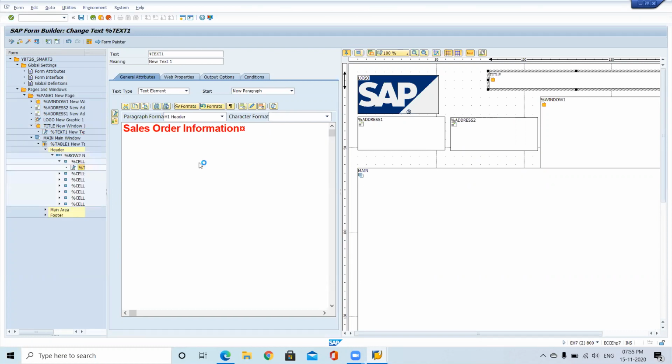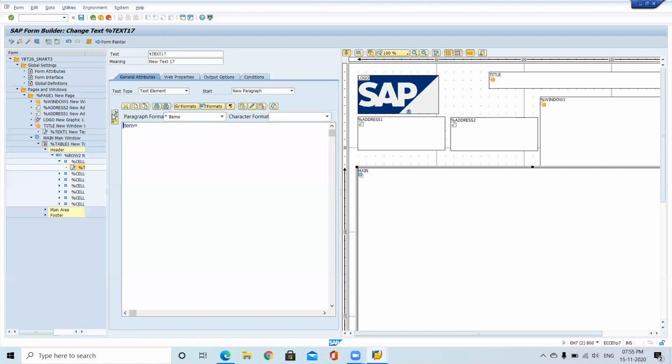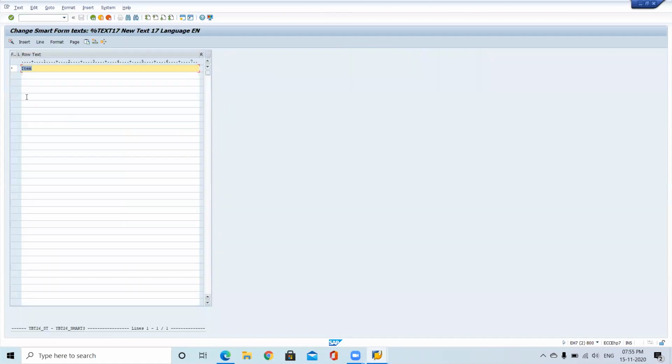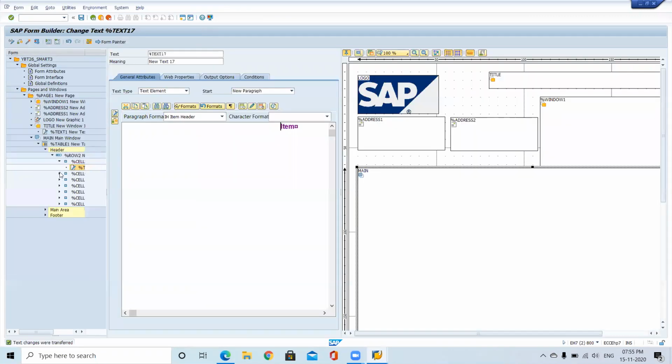If the paragraph format is not available, then it will throw an error. So if you go there, item header. We created a different paragraph format, item header, for headings. Likewise, in all the places you have to modify. If you see this one, it is printing in the middle.